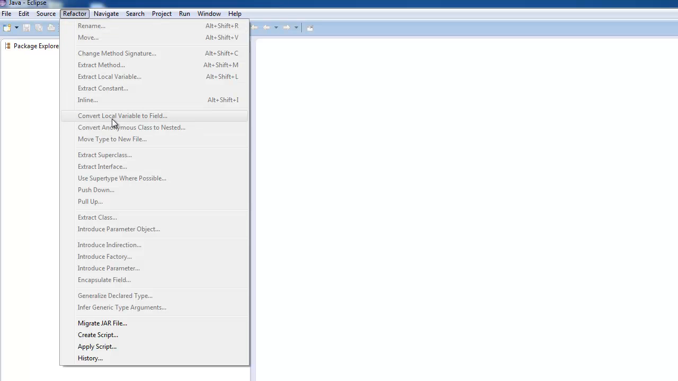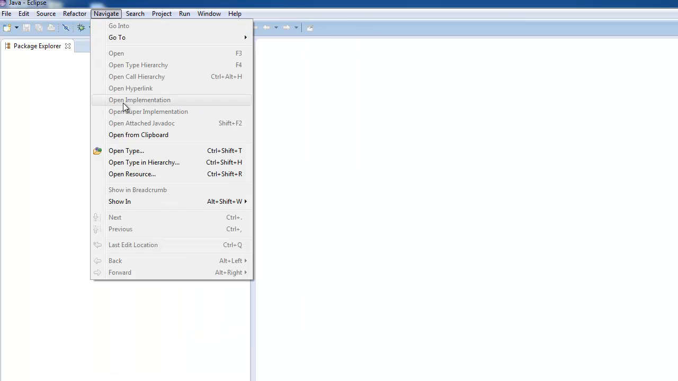There's also some other stuff like convert local variable to field, anonymous class to nested, all this kind of stuff. Extract superclass, extract interface, migrate jar file, create a script, apply a script, history. Navigate will allow you to do a lot of things. Specifically,